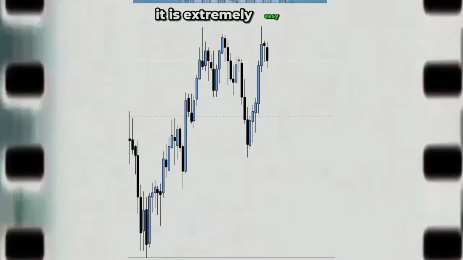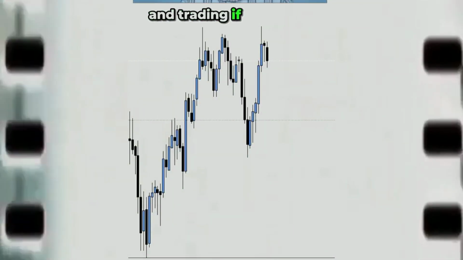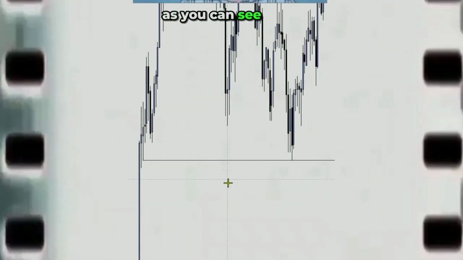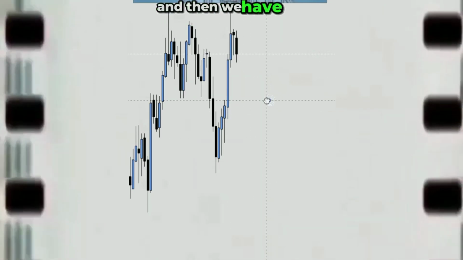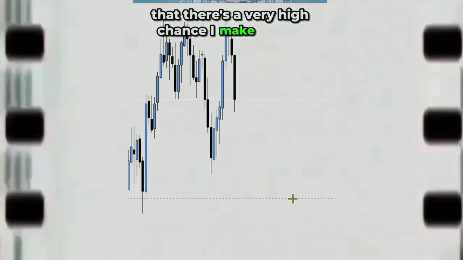It is extremely easy to make money in trading if you know the draw on liquidity, and one way to do that is by having equal lows or equal highs. As you can see right here, we have clear equal lows. Now this is my favorite draw on liquidity because I know if we have equal lows and then we have my inversion fair value gap setup, that there is a very high chance that I make money in the